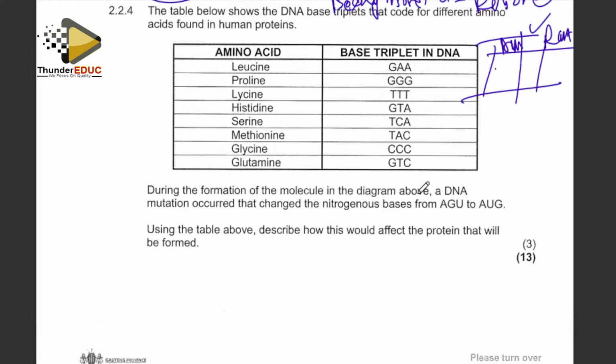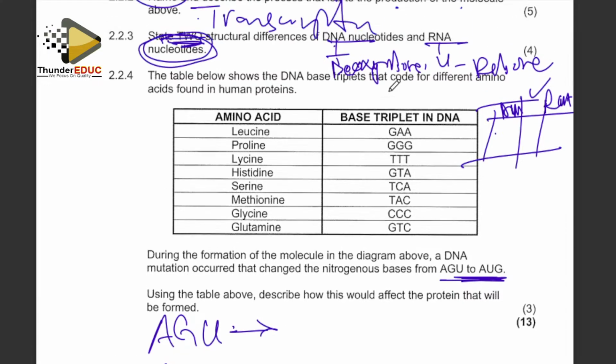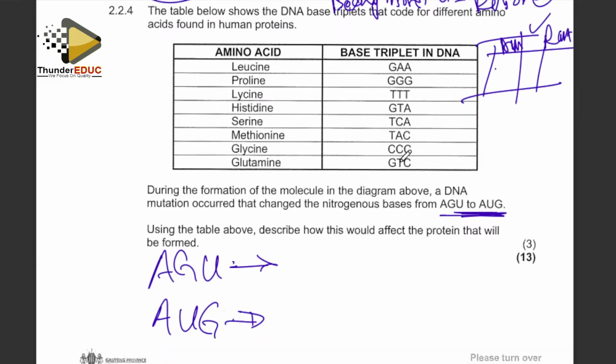During the formation of the molecule in the diagram above, a DNA molecule mutation occurred, and the change happened like this. We talked about this, and I said I don't go to the paper. Sometimes people, when you tell them, they don't want to hear, but that is a fact. I told you, your mother cannot cook, and then you become hungry, and the neighbors become full. All right, you are my kid, so make sure that I cook for you nicely.